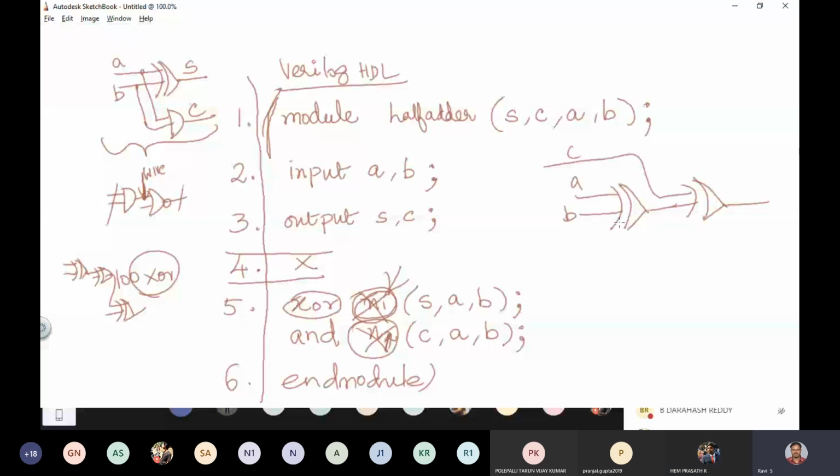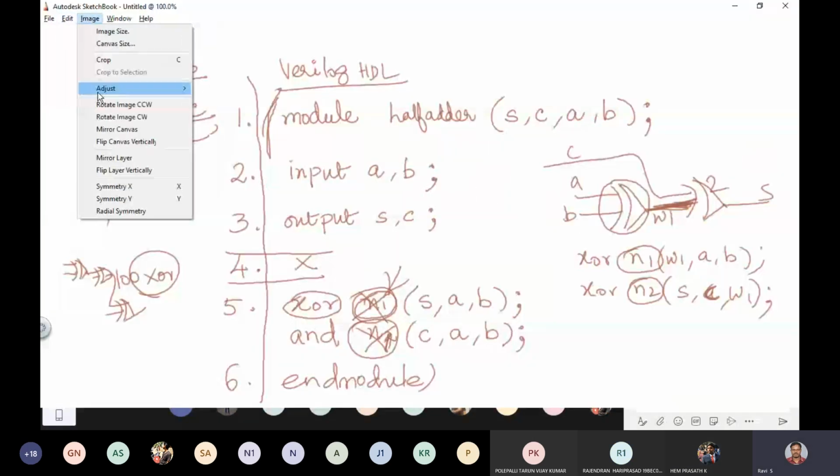So how do you define it? Let me define this first one, number 1. So number 1 is N1. Output is, suppose, let me call this W1, since this is an interconnection. W1 is the output, A comma B is the input. So 1 is defined. Now I'm going to define number 2. Again call XOR, say N2, output of this is S. C is the input, W1 is another input.